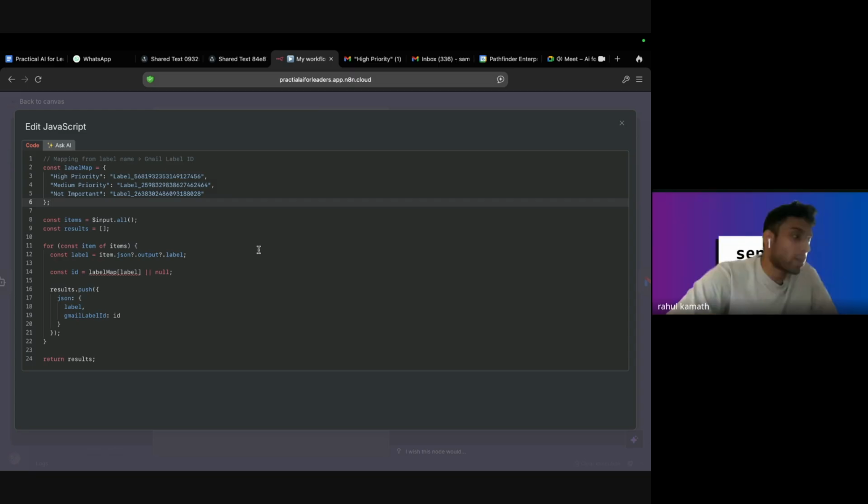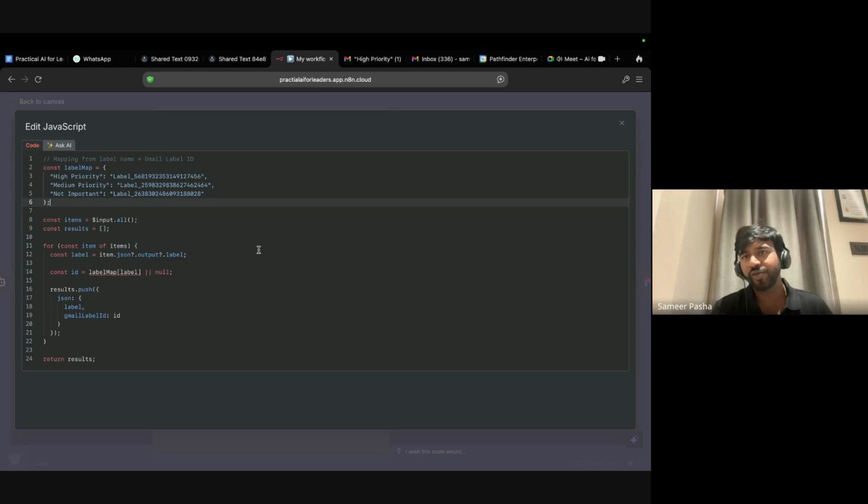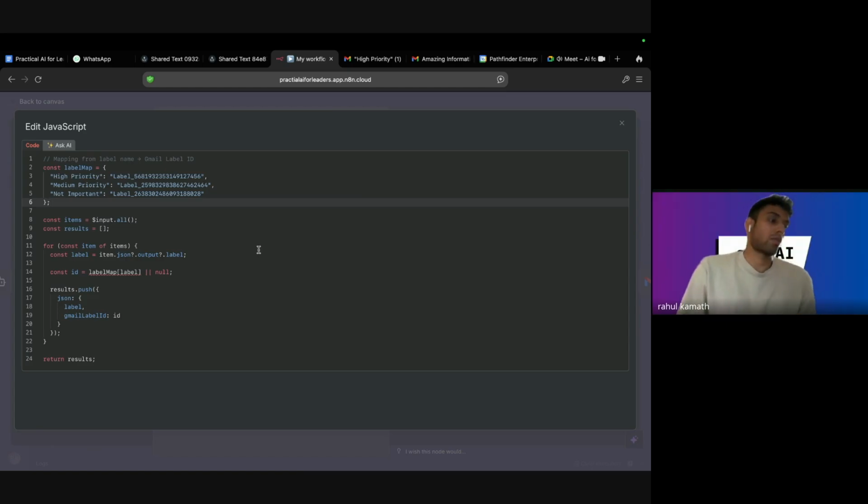So have you created the labels on Gmail, like going to Gmail and creating the labels, Aishwarya? Or if you already have labels, you can use the same ones also. I think Aishwarya can put it in the community and we'll guide you there.